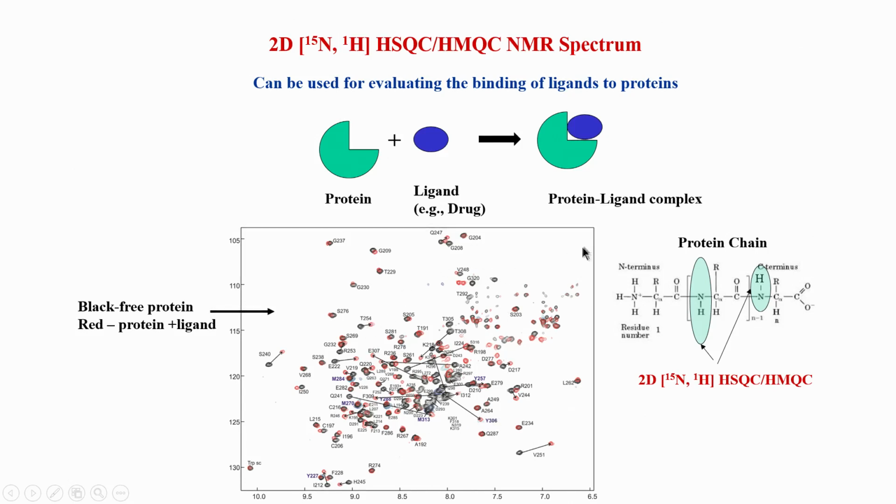So, these are the applications I have briefly gone through for HSQC and HMQC. In the next lecture, we will move on to the last experiment in heteronuclear 2D NMR spectroscopy, known as HSQC TOCSY, and that experiment will show us how to proceed from there to 3D NMR. So, we will see in the next class how a 2D HSQC TOCSY is made.